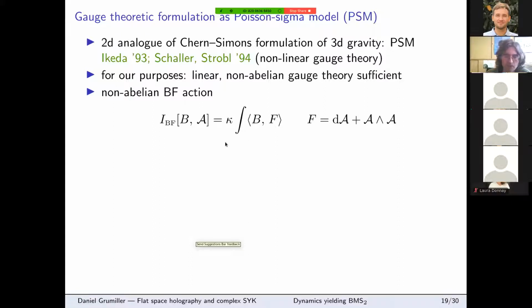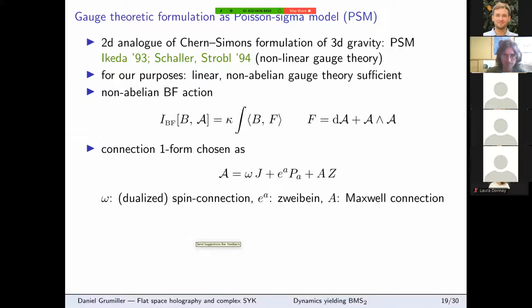The BF action depends functionally on some coadjoint scalars B and on some connection one form, calligraphic A, and it has a coupling constant kappa that is essentially 1 over Newton's constant in a gravity context. The brackets here denote the invariant bilinear form, and F is the non-abelian field strength associated with this non-abelian connection